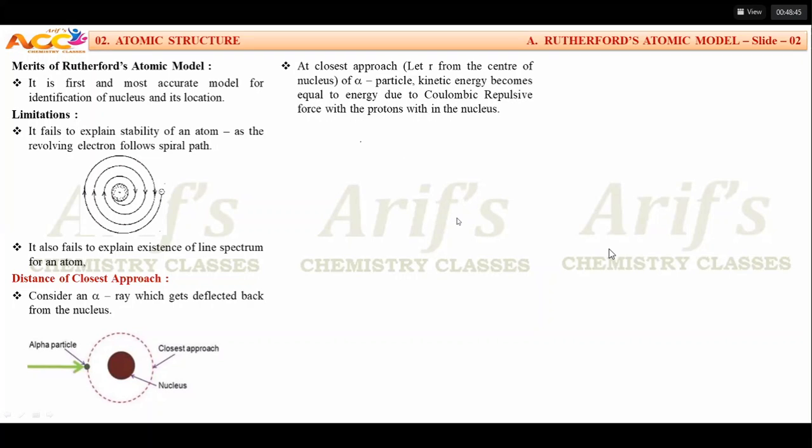Go back again to physics. There is a chapter called work and energy. There you will learn, or you have learned it. Change in kinetic energy must be equal to amount of work done. Change in kinetic energy. What is the kinetic energy? Half mv square. No, sir. What is the kinetic energy just when it touches the surface? Zero. Half mv square minus zero is equal to half mv square. This is kinetic energy of alpha particle, mass of alpha particle, velocity of alpha particle, equal to electrostatic force